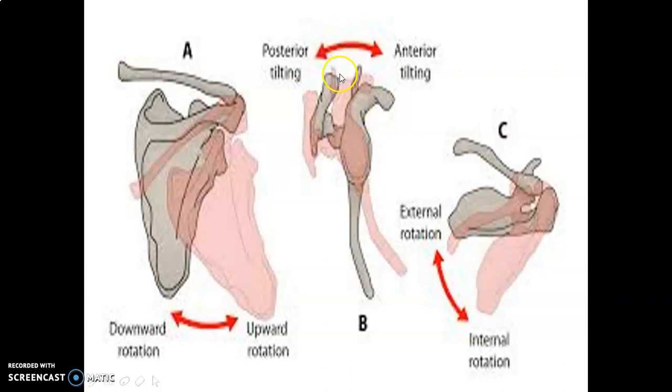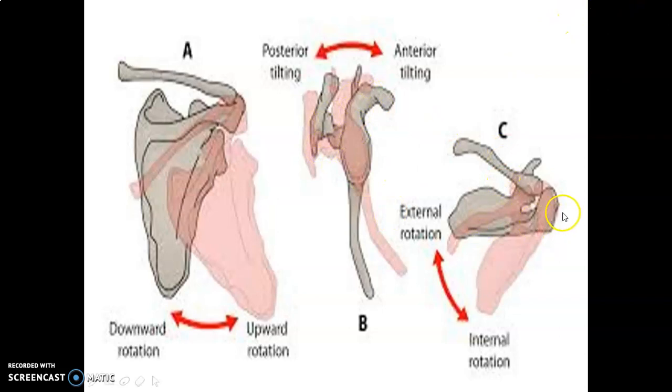So this space, the coracoacromial arch, will be moving away. That's why the head of the humerus does not hit the acromion process. So posterior tipping is very, very important. We studied in the last class the three important aspects of scapular rotation, which are important for the free movement of the head of the humerus.